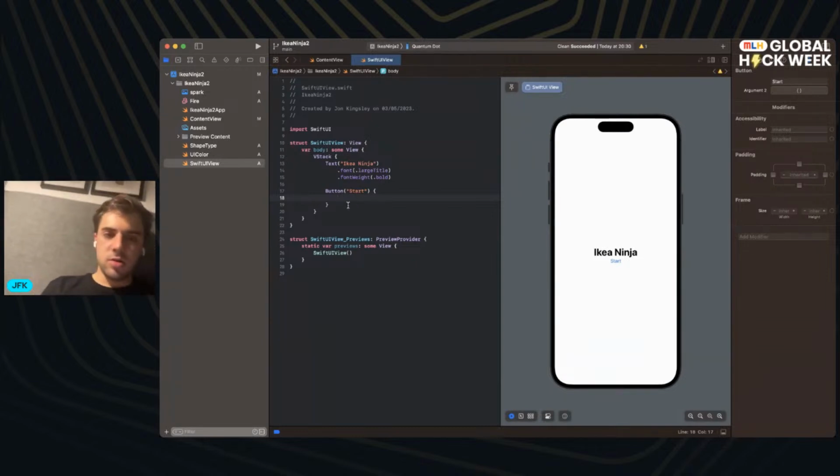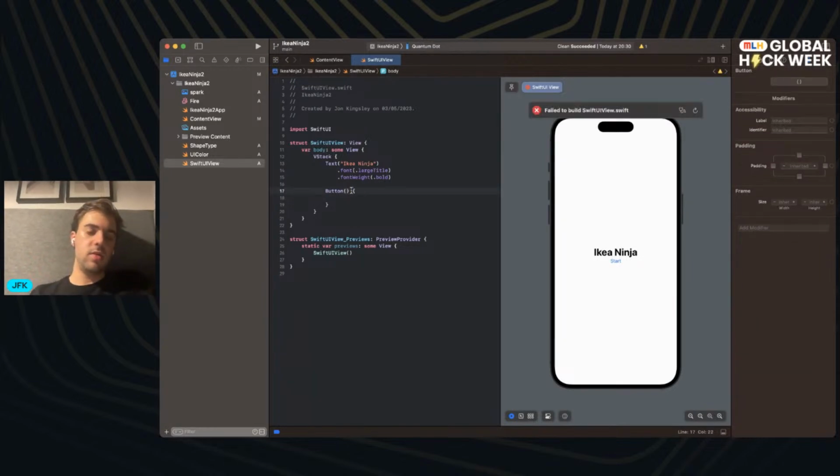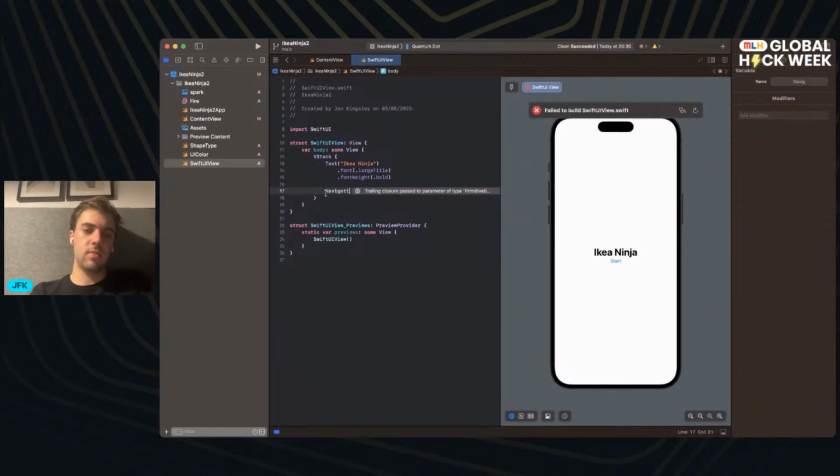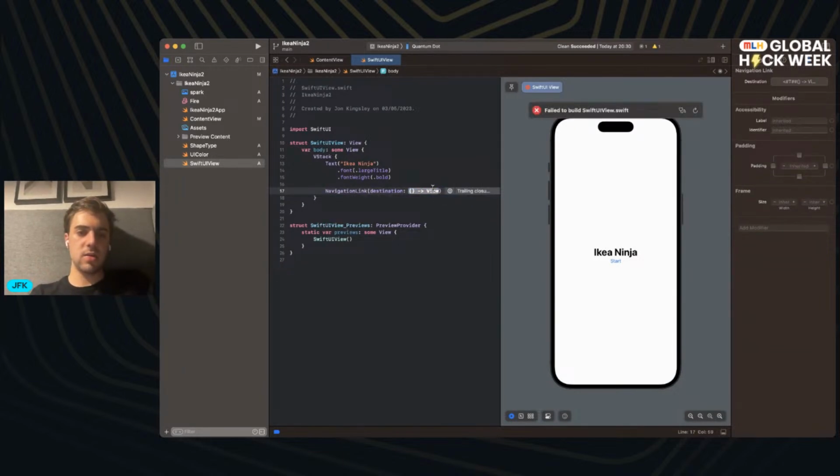And what we're going to do... Actually, no, we're not going to do that at all. We are going to do... oh, boy. Actually, what would I... Hang on. Yeah, hang on. This is going to be more like it. Because what I can do here then is navigation link, destination, content view,